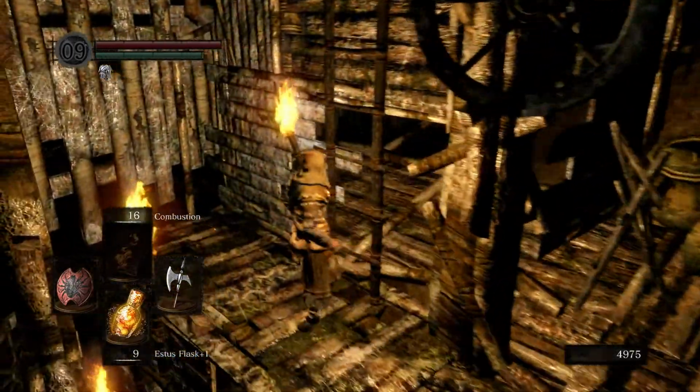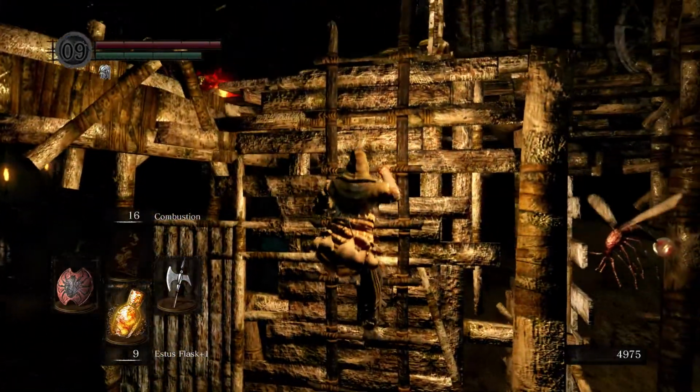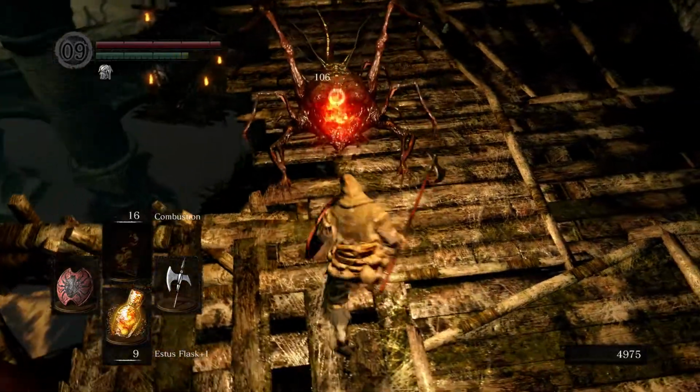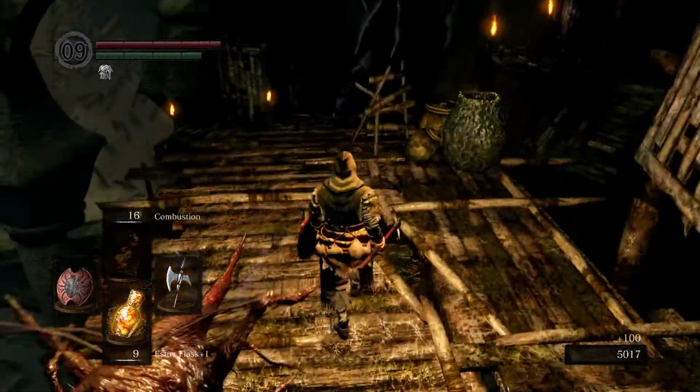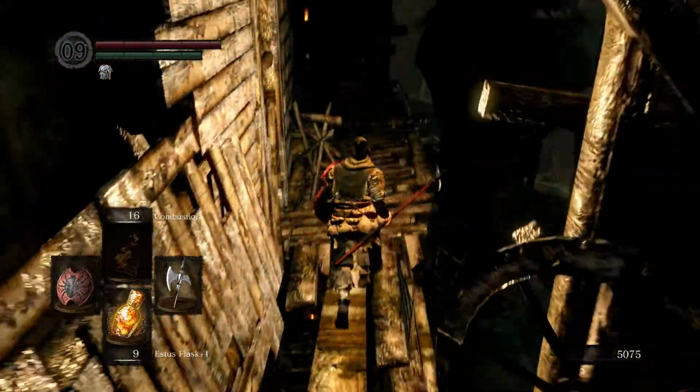And you hear him shooting at us again through that wall. We'll take care of him shortly. There's a bug. And this one's trying to deal with us. But if we walk over here...